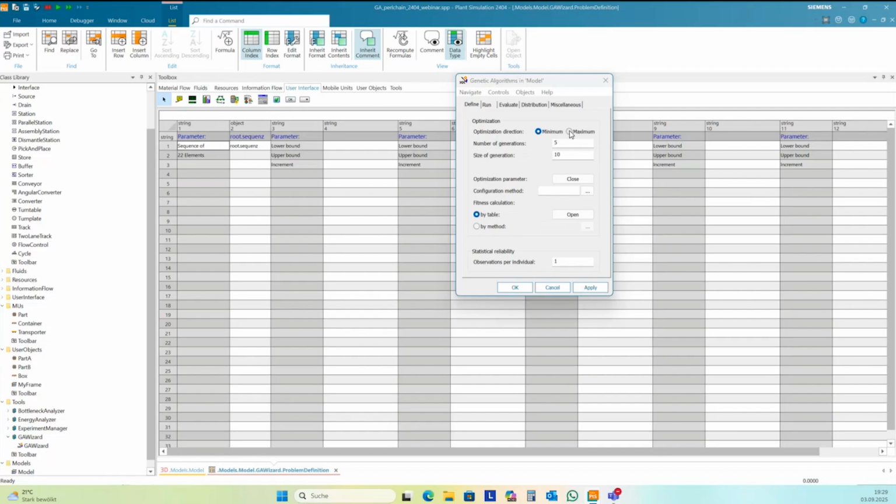I want to have maximum output, and so I need to select maximum. And here you can make some settings about how many generations you want to create and how big each generation should be. We can leave it here at 5 and 10 because our model is not so big.